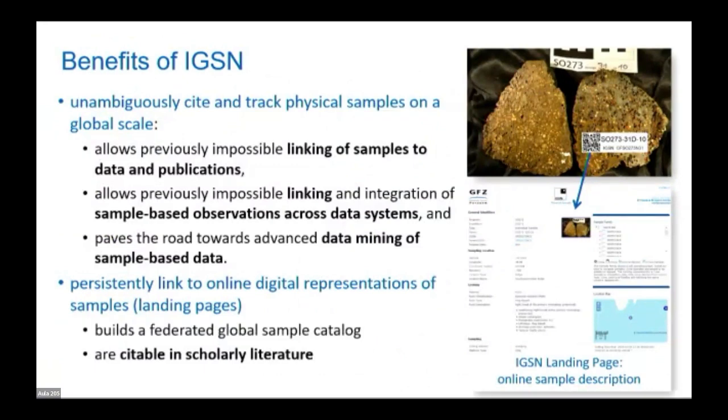We have the normal use case that samples are frequently renamed when they move through laboratories, and using IGSN consistently and always assigning a new IGSN as a child of the previous one may allow us to really track the results and the samples through the labs, and also to make connections in papers published on the same samples, which are often published with very different names. And it is possible, theoretically, we have not yet done it, to build a federated global sample catalog.